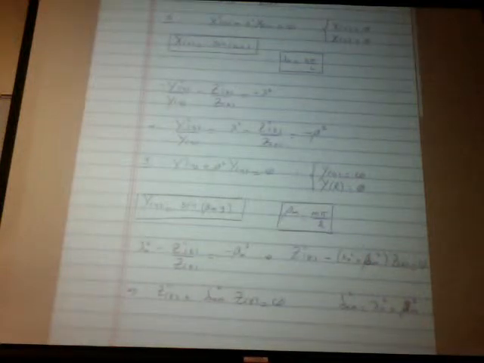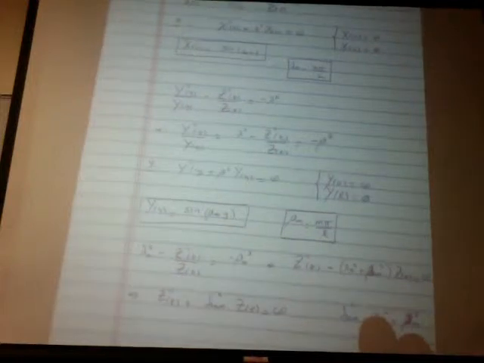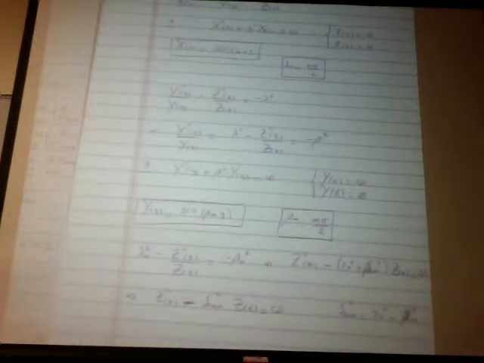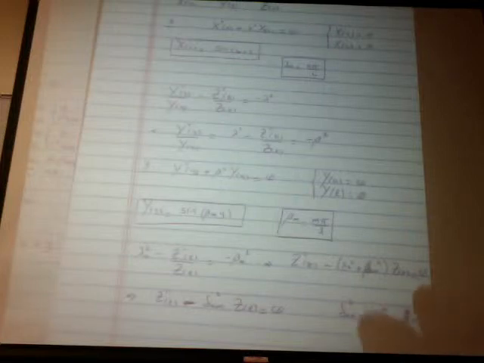I'm just replacing lambda n squared plus beta m squared with a new index called delta nm squared. All right. And again, this is negative, which means that the solution of that problem